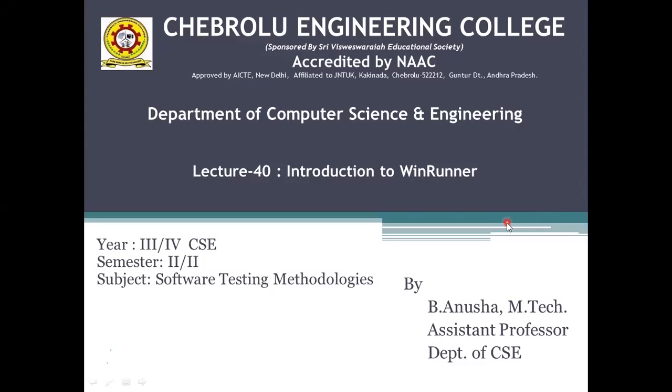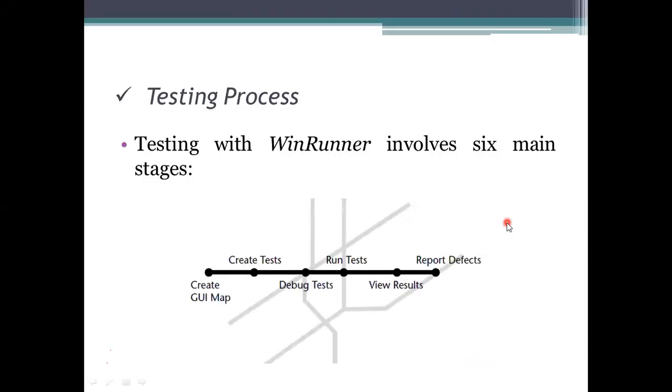Good morning, class. In today's session, we will see the testing process and the representation of the WinRunner automation tool. In the previous class, we saw why we are using WinRunner: in this testing tool, we are achieving functional testing, meaning whatever the application has been designed for has to be known and achieved.